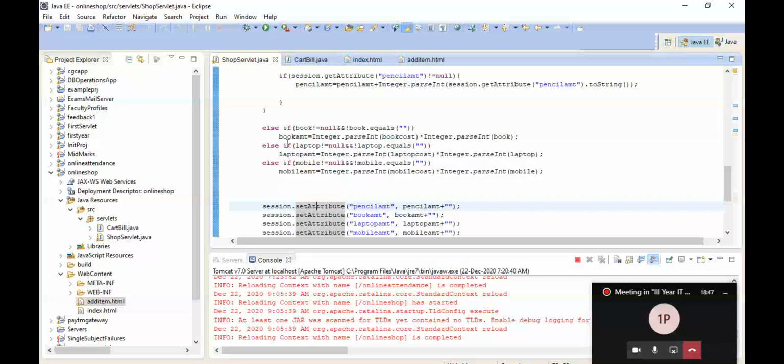So that's a problem here. Every time we assign a value for that particular item into the session, there's a problem. So to overcome this problem, what we have to do here is